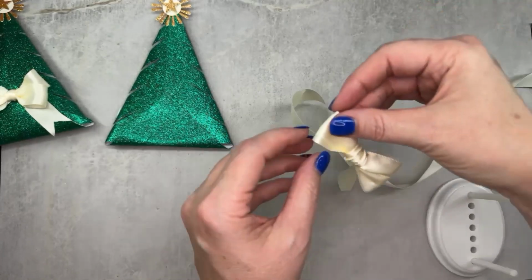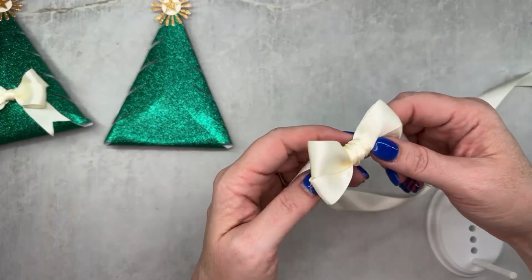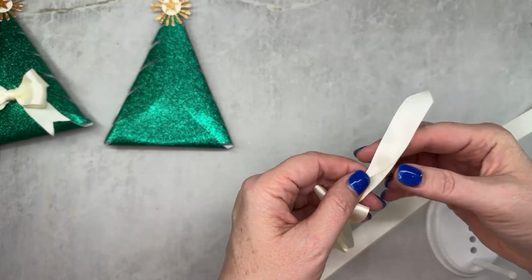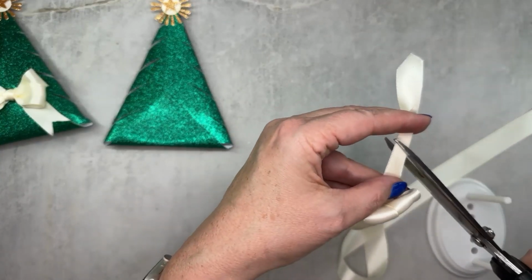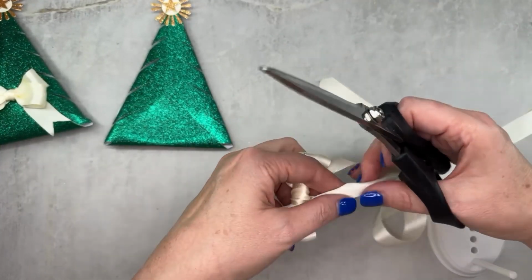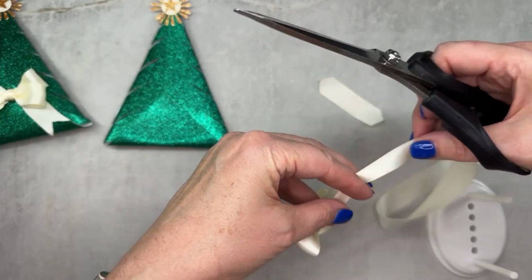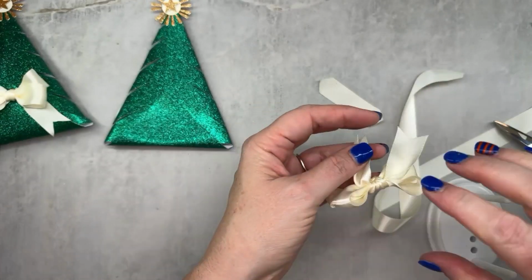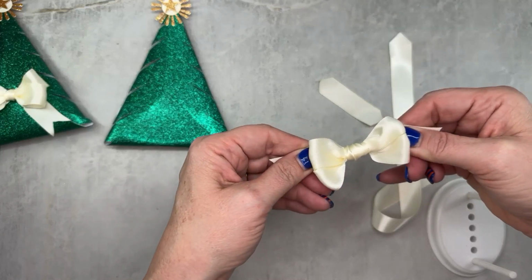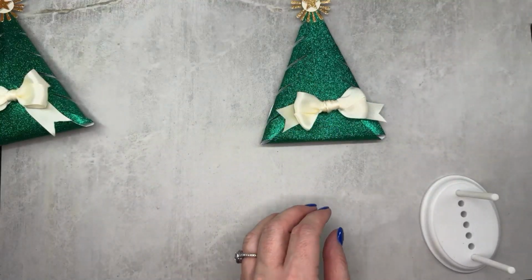And now I'm just going to pull it off and you can separate each of the ears. And then we need to cut the ends. I like to flag them like a little banner flag. So if you feel like it needs to be tighter, just pull on both of your ends and that will pull it tighter. So now we have that pretty bow